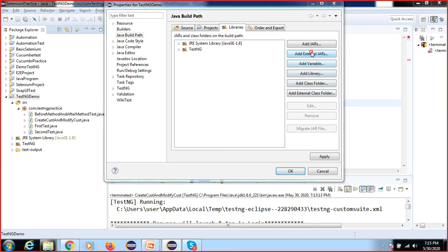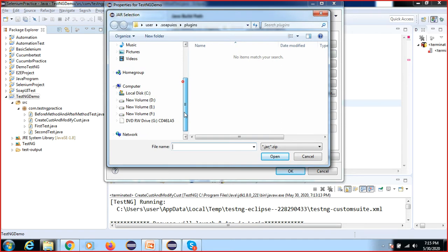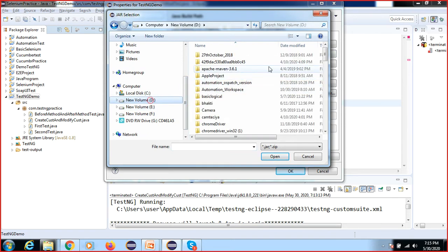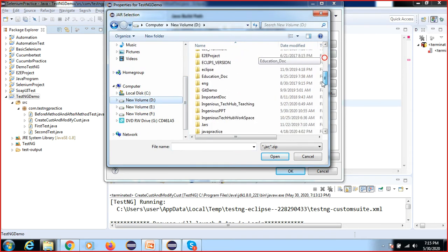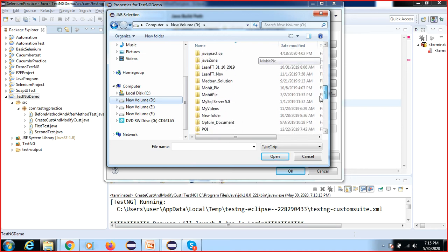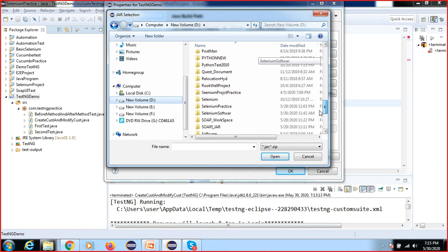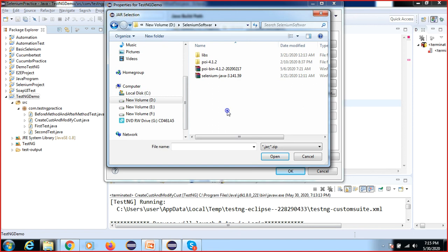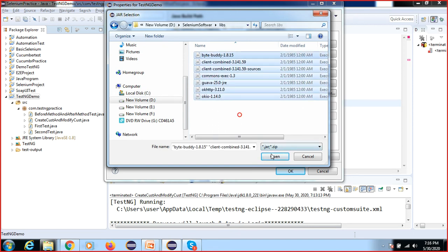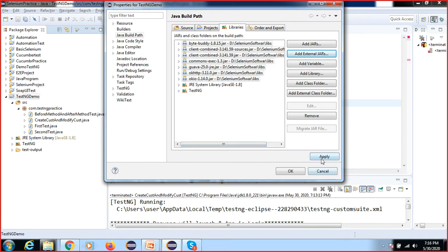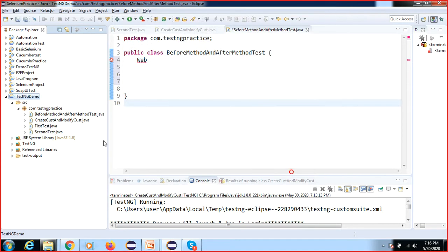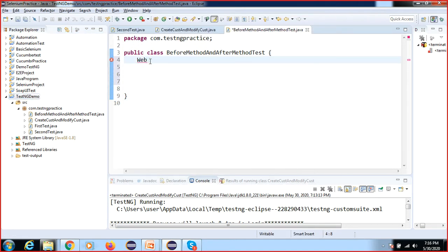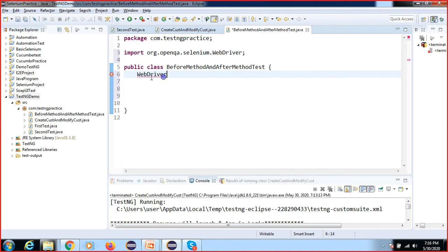Let me check where I kept them. In the D drive, there is a folder called selenium software. This is the new project I have created, so the jars are not there. Now I import them, and all the jars are imported. Driver.